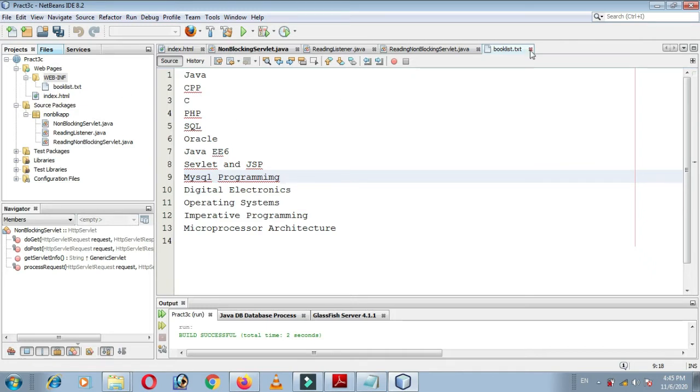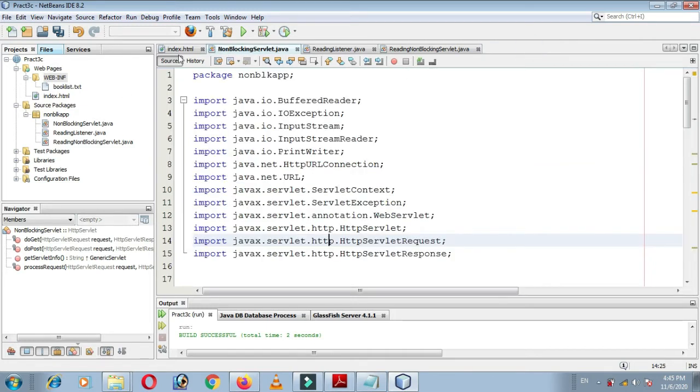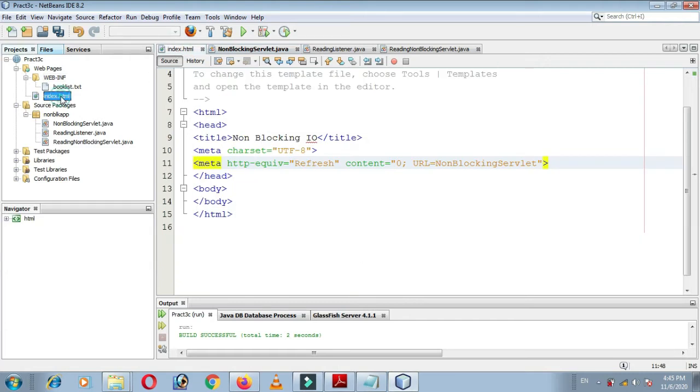Next you need to create the index.html file. I have already created it, and in this file we need to write the statement meta http-equiv refresh content equal to 0 and URL is NonBlockingServlet. This is the statement which actually navigates us to the non-blocking servlet.